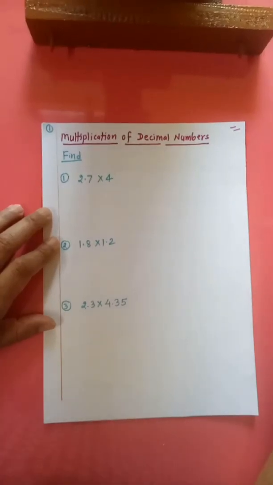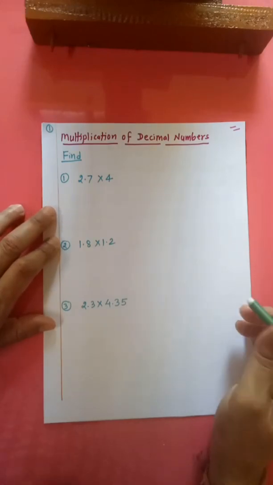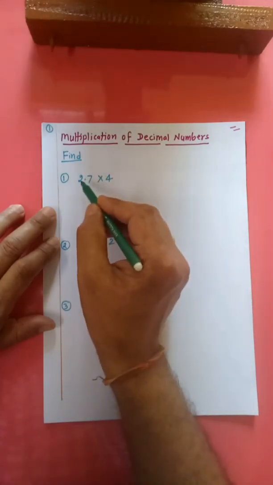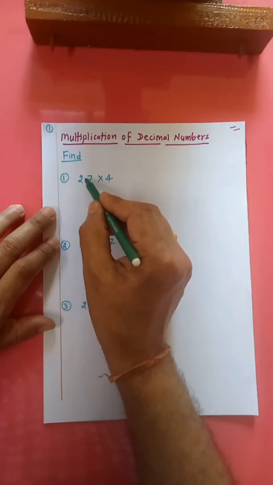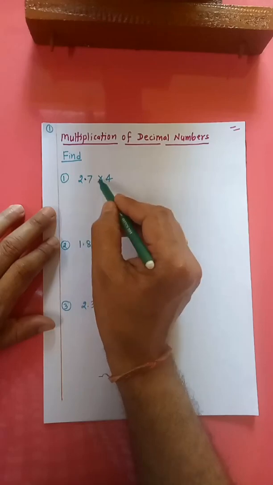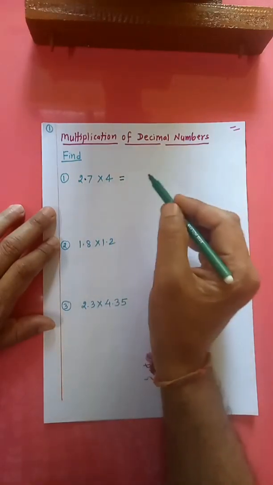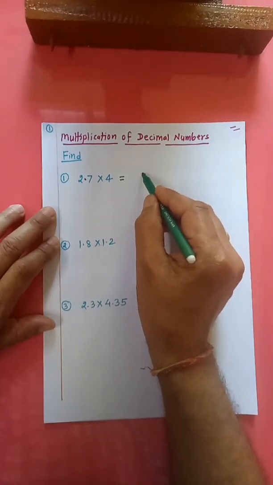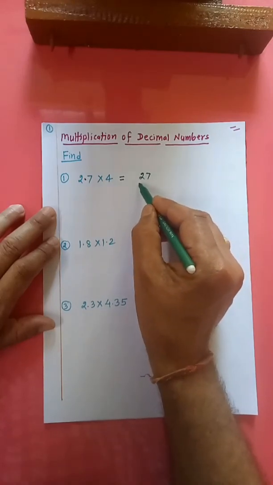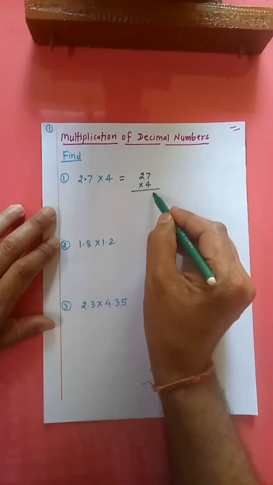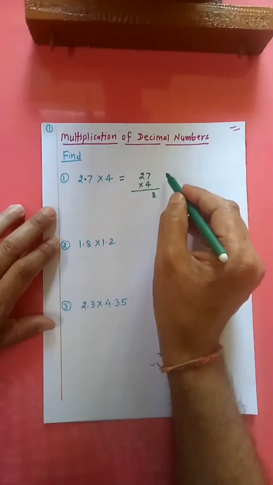Dear students, in this video you will learn how to multiply decimal numbers. For this, let us take some examples. 2.7 multiplied by 4. For this, we will simply multiply 27 by 4, which gives 4 7s are 28, carry 2,